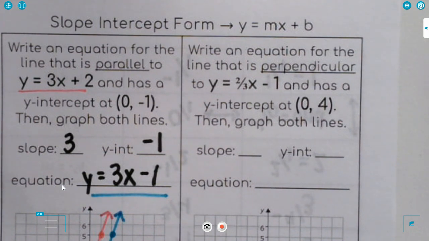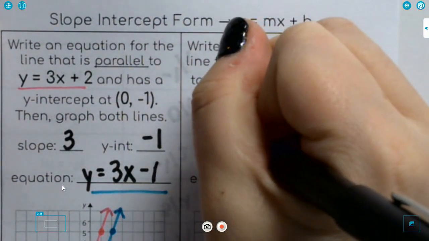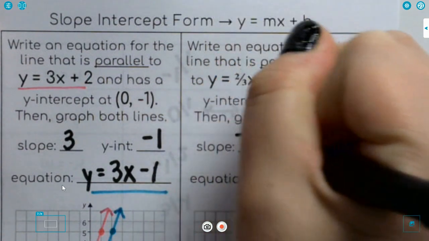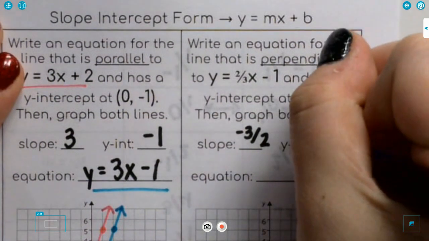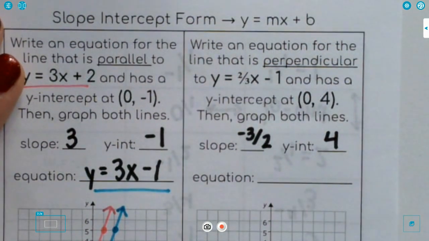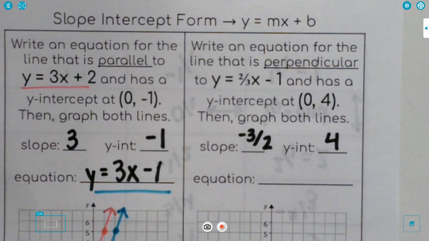So you're going to take that number, that 2/3, you're going to flip it over and make it 3/2, and you're going to make it negative. So my slope is going to be -3/2. And then my y-intercept is (0, 4). So putting that in an equation, my equation is going to be y equals -3/2